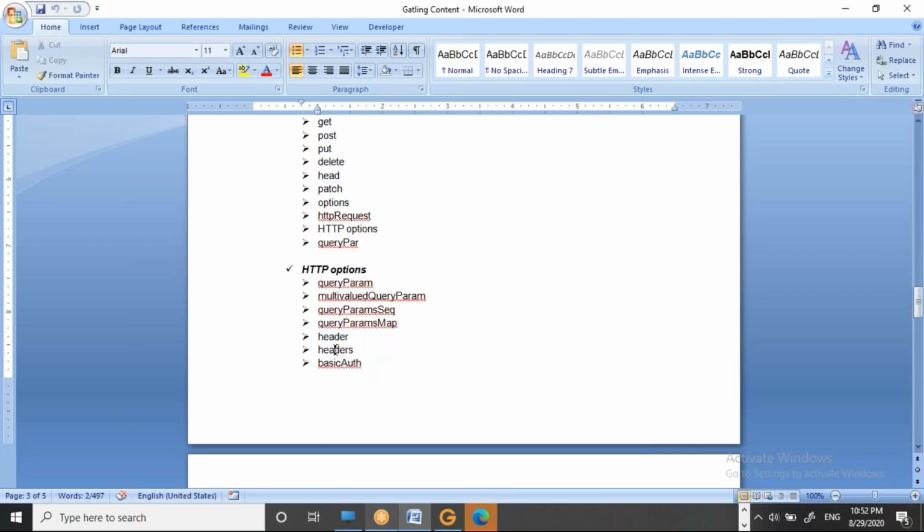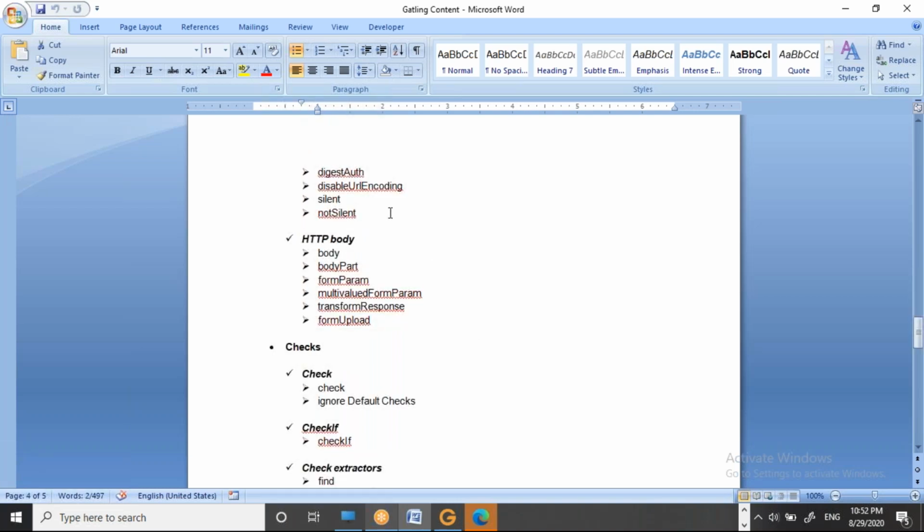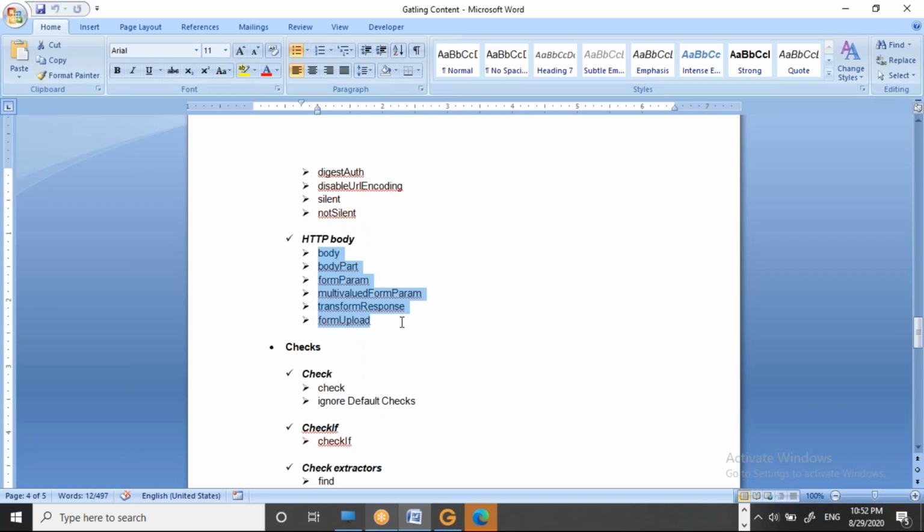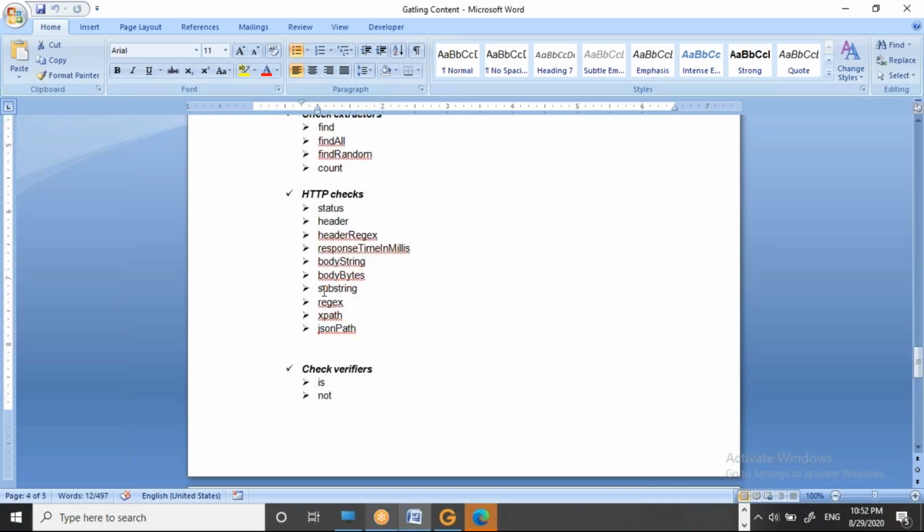The headers are used for your request, all these things. Then if it is a post request, you have to push data in your body, right? The request body. These are different types of ways to push a body in your request. So in short, these 6-7 points are just for designing your request. These are the main things. According to these 10-20 parameters, we will design our request properly and hit it.